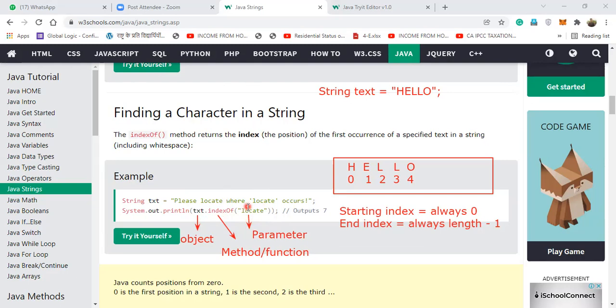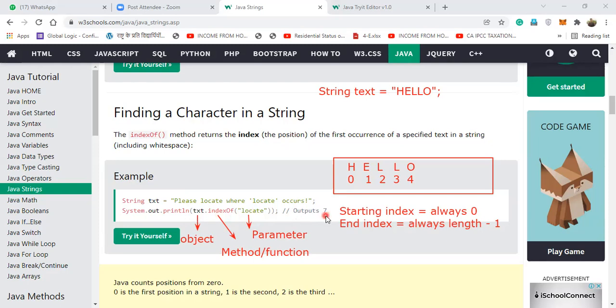So, see, the indexOf function is returning the position. This position is in terms of an integer, an integral position. What value is this function returning? See, this function is giving me the answer 7.